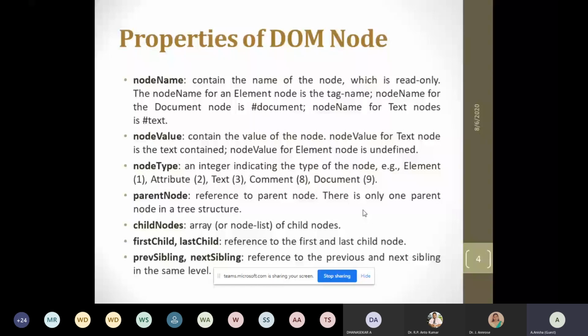In a DOM tree structure, there can be only one parent for a particular node. There is another property, child nodes. A DOM tree node can have any number of children, so child nodes is an array which represents the set of all children of a particular node. And there are two other properties, first child and last child. First child refers to the first child of a particular node, and last child refers to the last child of